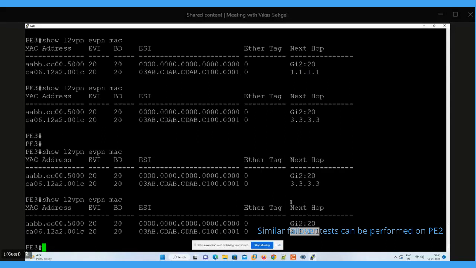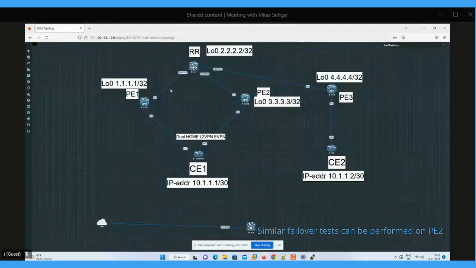So this way we have tested the core isolation feature, in case the core interface or BGP goes down, how in the case of EVPN a traffic black hole can be prevented in such a scenario. And one more thing I want to show you guys here is